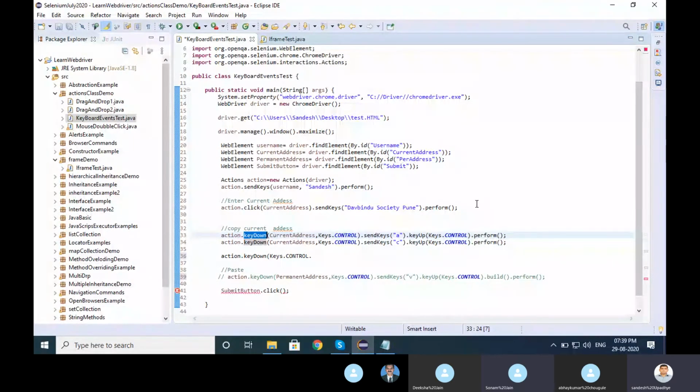Manually you are pressing the key and releasing it as well, like a toggle. Manually you are doing it, but programmatically how can we do that? Using key down and key up will work there. So key down means press and key up means release that particular control key which you have already pressed.